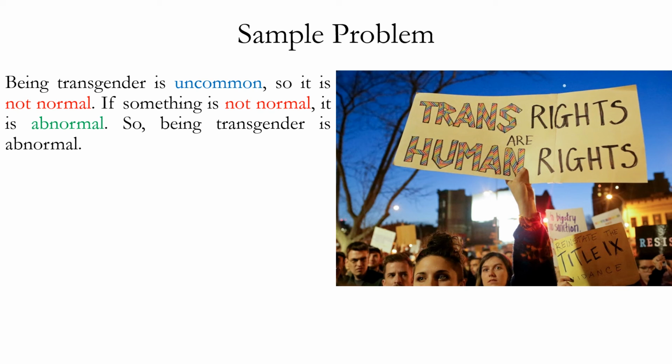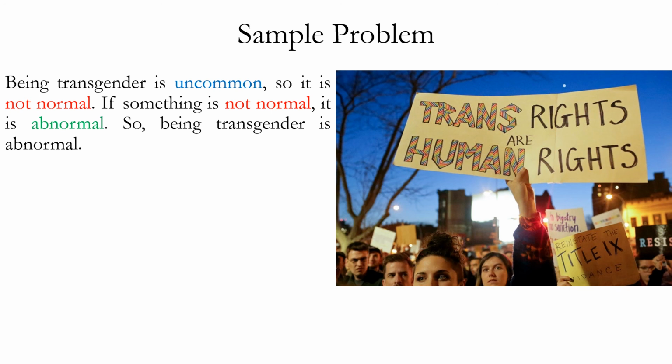Unlike the word uncommon, abnormal usually has a negative connotation. It implies deviance or that something is wrong. So for example, if a medical test is abnormal, that's usually a bad sign. But this is different from the notion of just statistically uncommon. Something could be statistically uncommon, like having really great endurance when running or something like that, but not be abnormal in the sense of problematic.